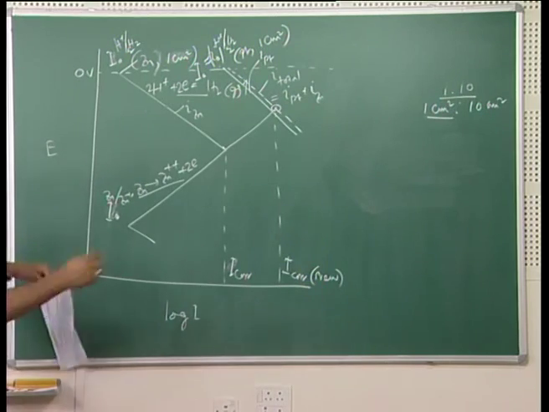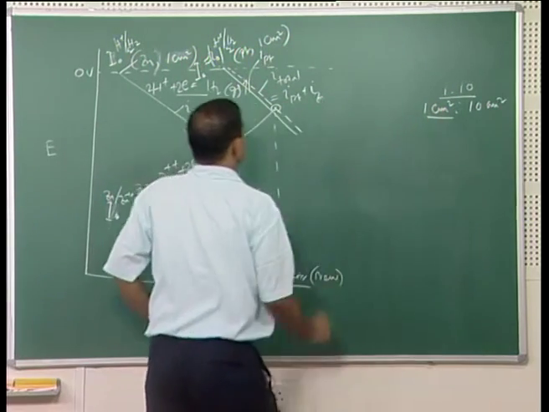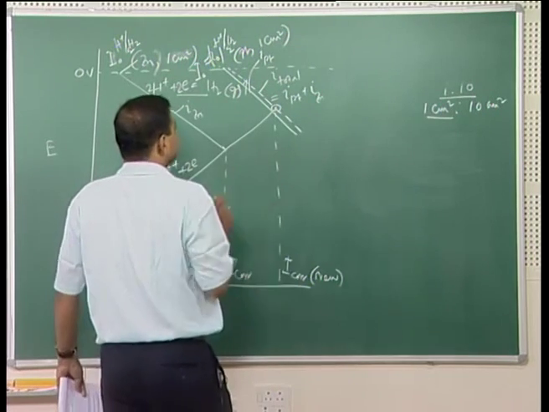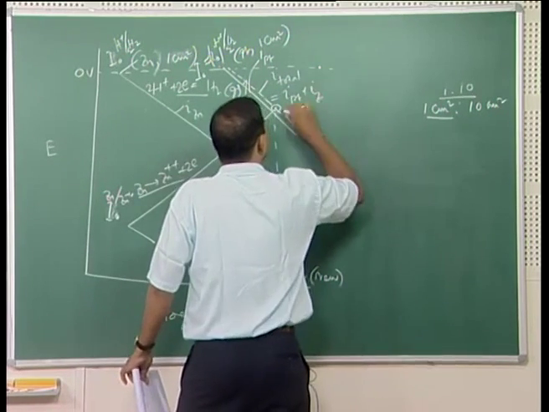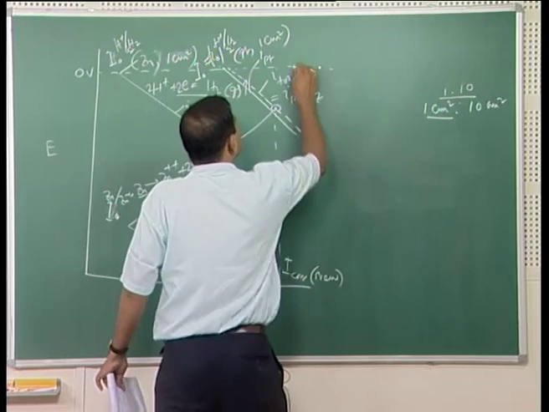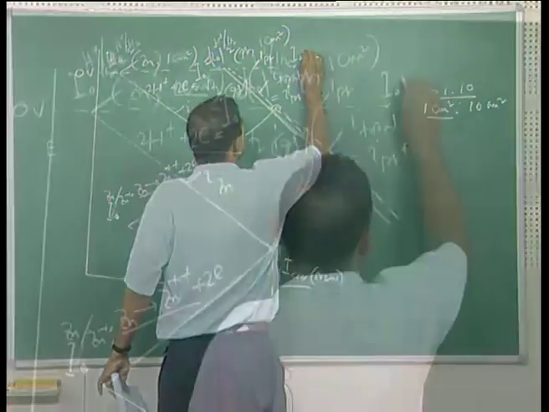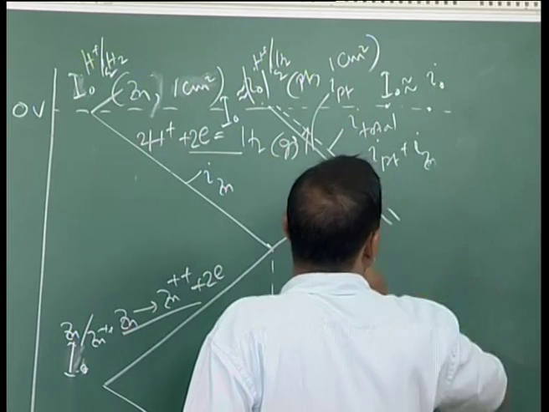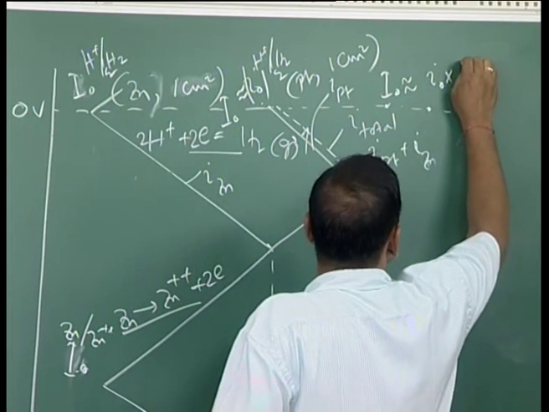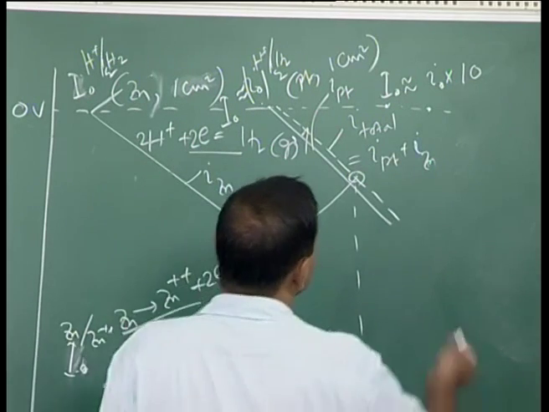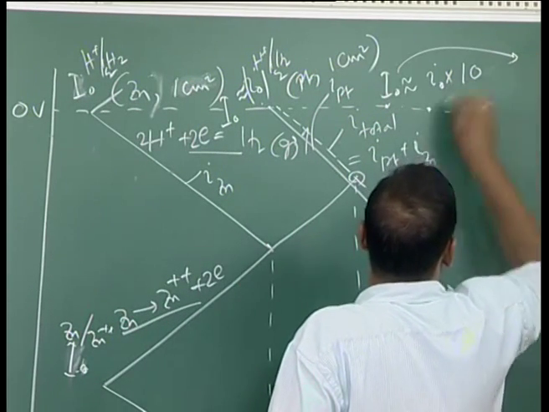Now, in this case, 1:10 centimeter square, 1:10 is the area fraction between zinc and platinum. So, my I0 would be lying here. So, this is capital I0, which is nothing but small I0 into 10,